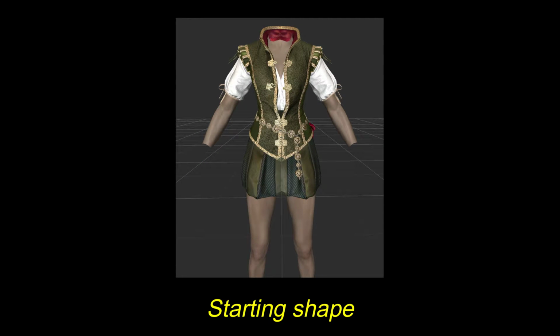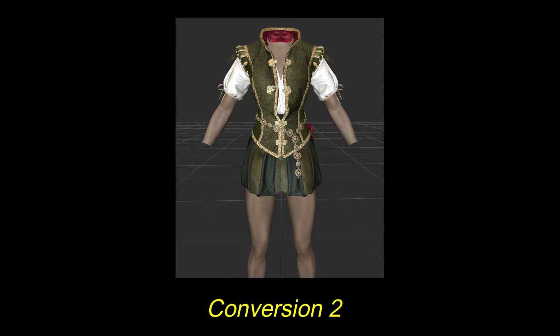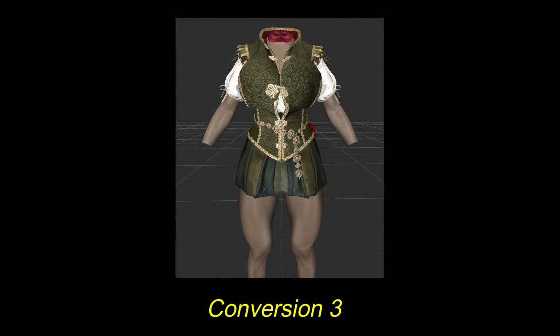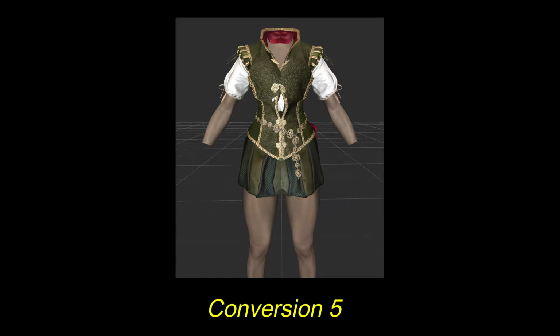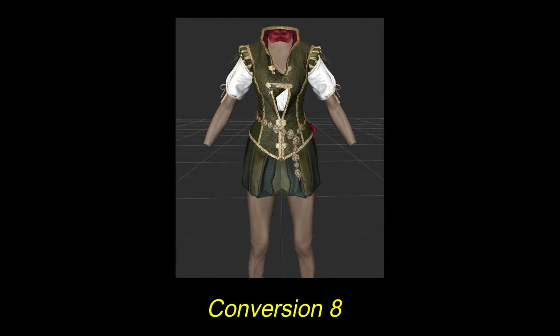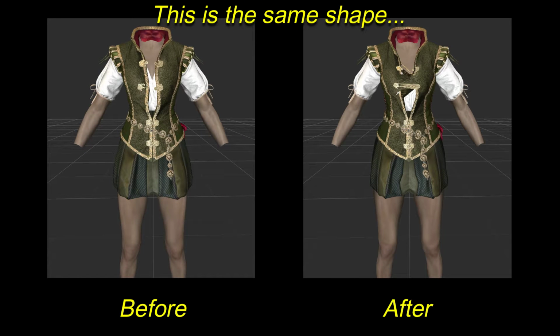In addition, mesh distortions can be magnified each time you apply a slider. For example, if you run an outfit through a series of conversion sliders, kind of like using Google Translate through a bunch of different languages, then you won't necessarily end up with the same thing at the end as you